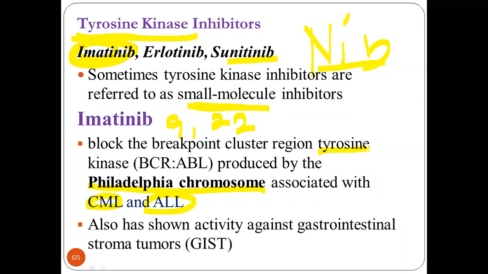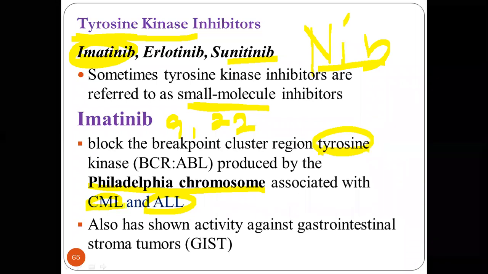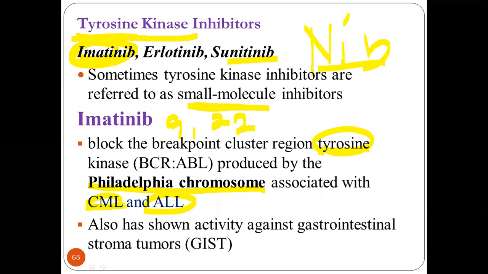Because of that reason, and this one is very common, this chromosomal translocation causing overactivity of this enzyme is very common in the pathogenesis of chronic myeloid leukemias. So if you have a patient with chronic myeloid leukemia, these tyrosine kinase enzyme inhibitors are the front line,